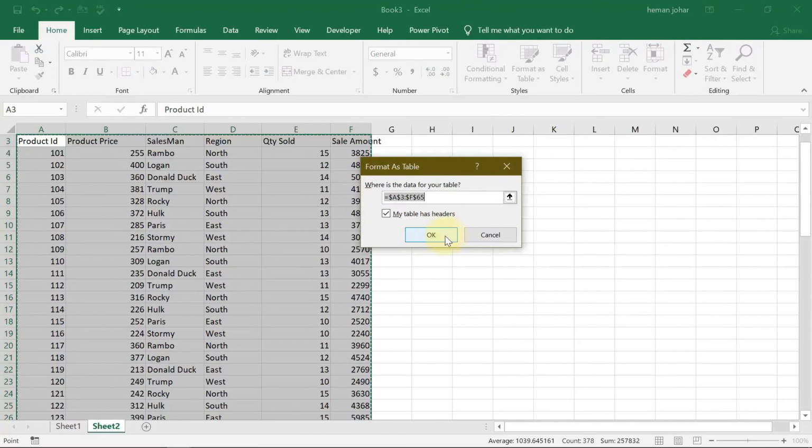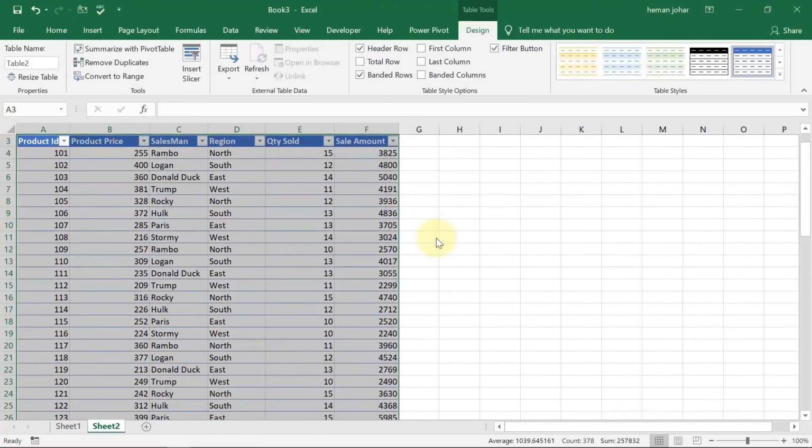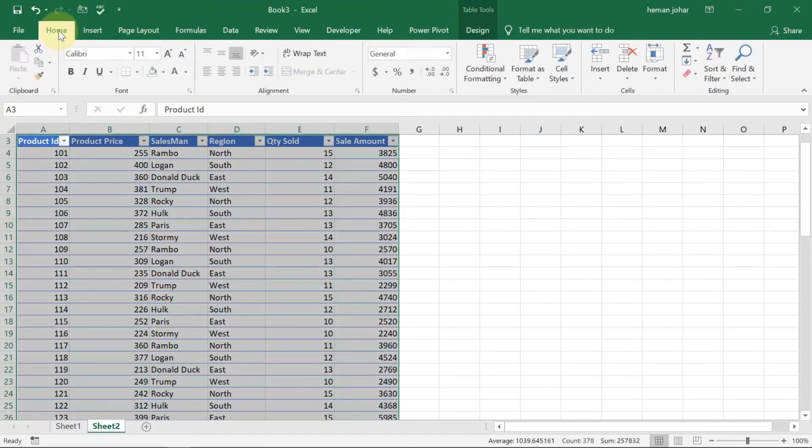So my table is again created. It has headers. Of course, it has headers. Click OK. The table is created. I'll give it a name, say sales rep. And done.